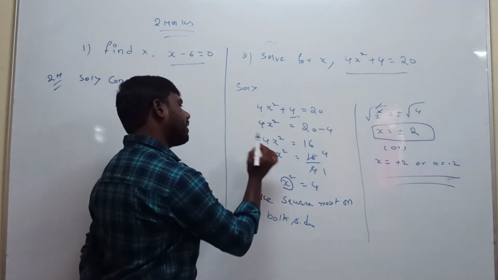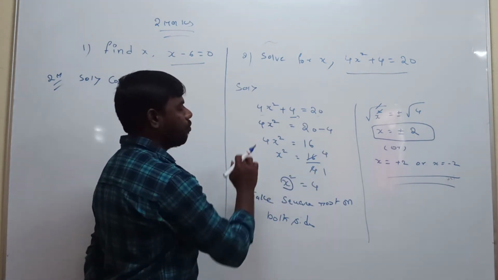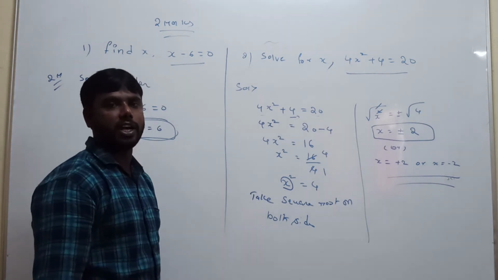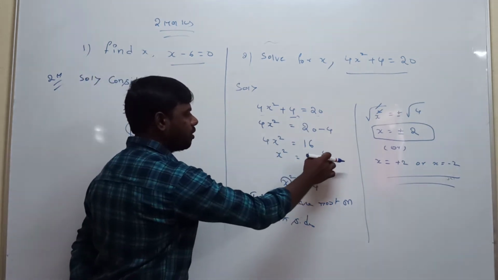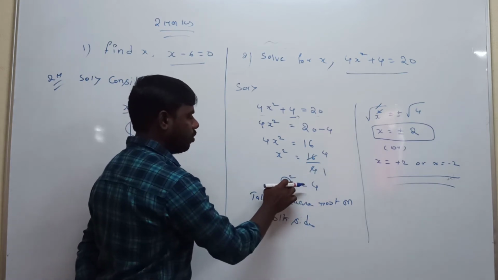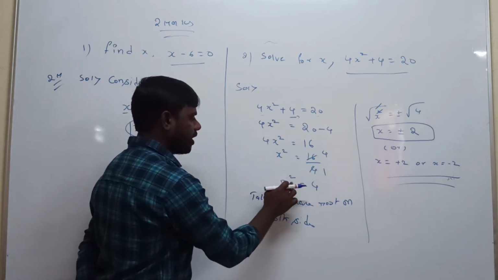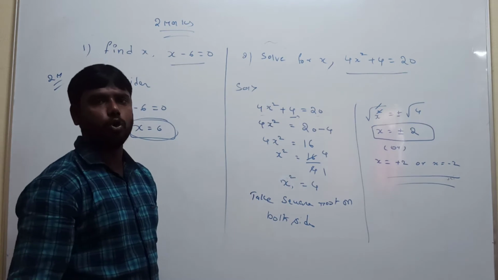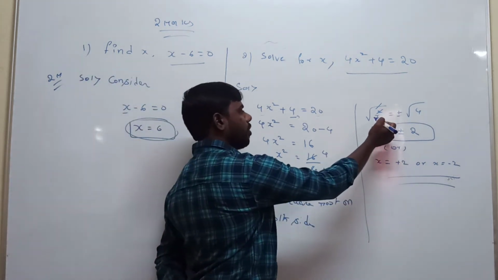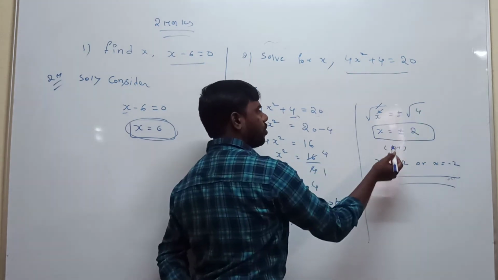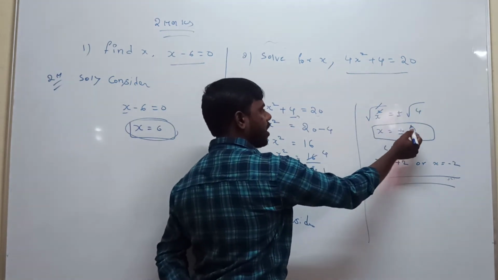Only to calculate the x value. That's why, what is with the x value? 4 is the product on the left side. That's why 4 goes to the right hand side in the denominator. So 16 divided by 4: 4 ones are 4, 4 fours are 16. So x square is equal to 4. Only to calculate x, what is extra? The square. To eliminate it, take the square root on both sides. Taking the square root on both sides, the square root gets cancelled, plus or minus square root of 4.